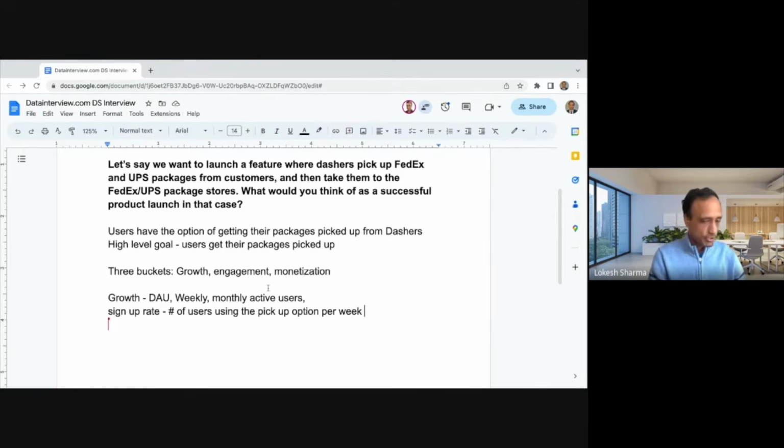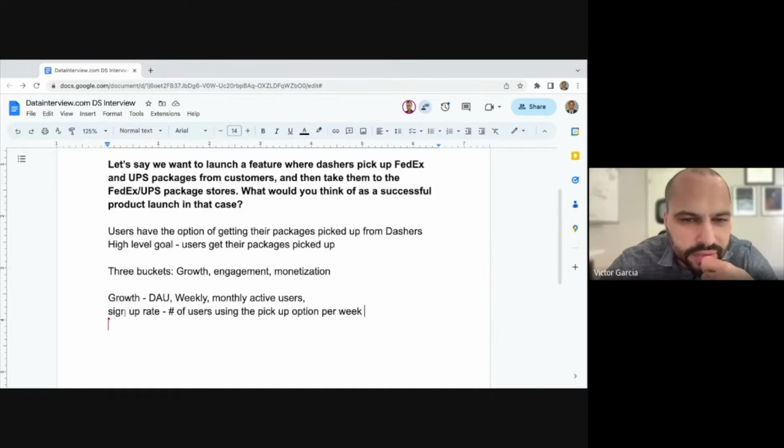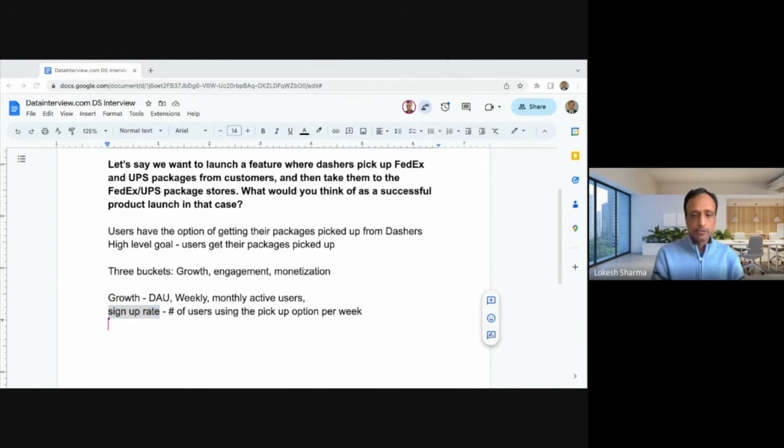And then just a question here. Can you delve into just a little bit more detail about what you mean by sign-up rate specifically? Yes. So when the user opens the app, I'm assuming they will have an option to either order food or order other items that are available. And there's another option in the app to use the feature where they can schedule a pickup of their package.